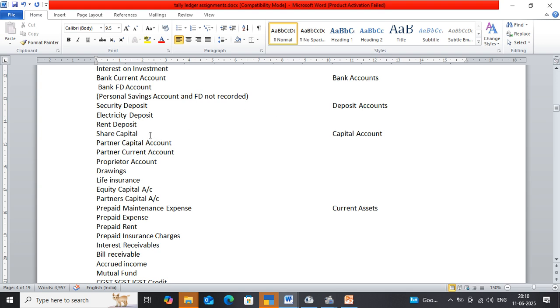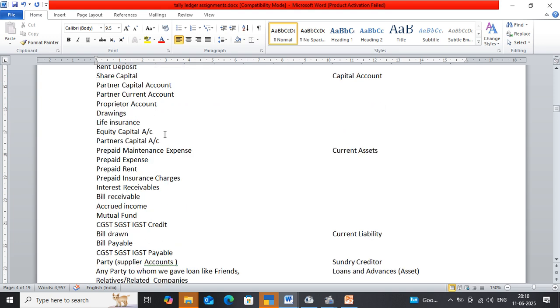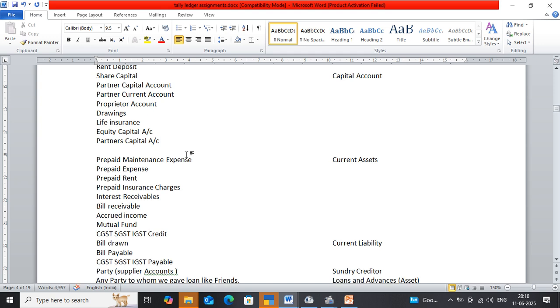share capital account, partner capital account comes under the capital account, partner current account comes under the capital account, proprietor account comes under the capital account, drawings capital account, life insurance comes under the capital account, equity capital account, partnership capital account. Prepaid expenses come under the current asset, prepaid maintenance expense comes under the current asset,